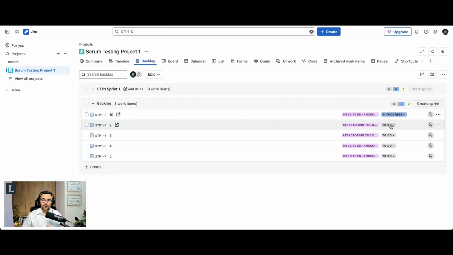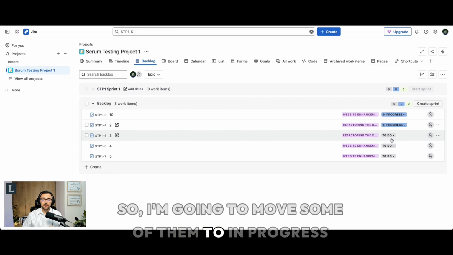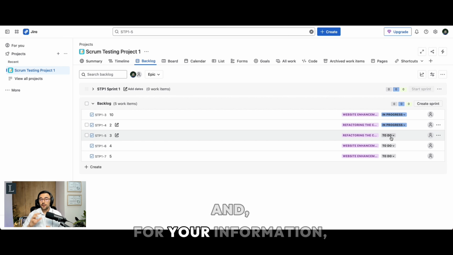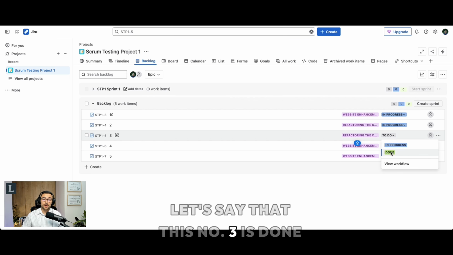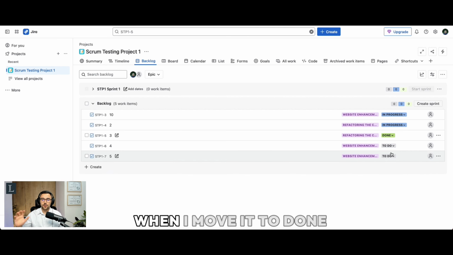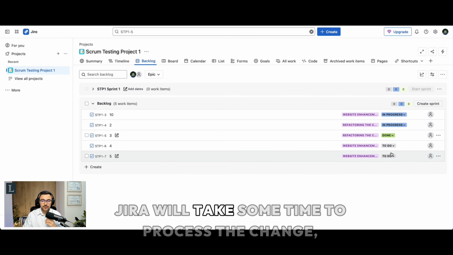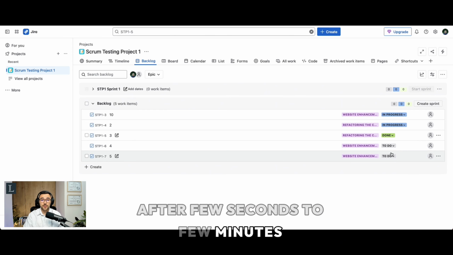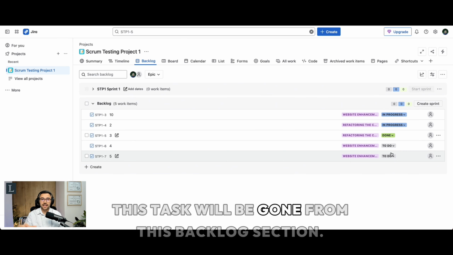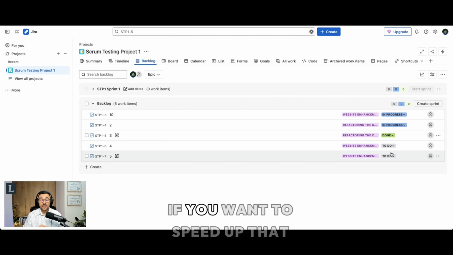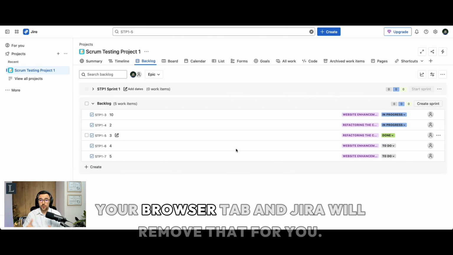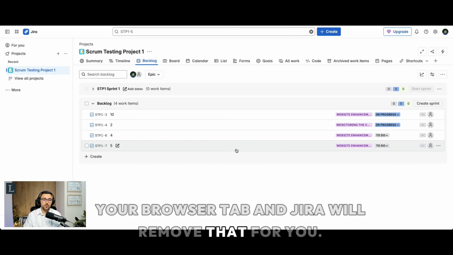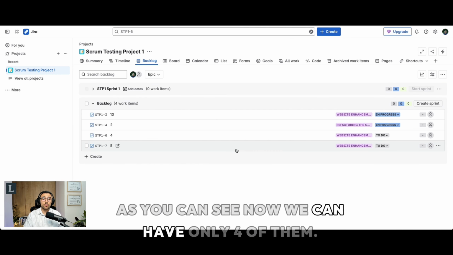Let's do it. So I'm going to move some of them to in progress, and for your information, you can also move a task to done. Let's say that this number 3 is done. When I move it to done, Jira will take some time to process the change. After a few seconds to a few minutes, this task will be gone from this backlog section. If you want to speed that up, please just reload your browser tab and Jira will remove it for you. As you can see, now we have only